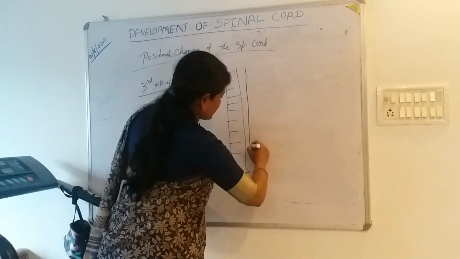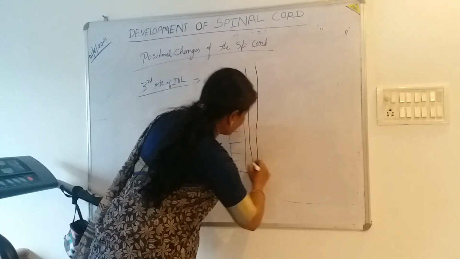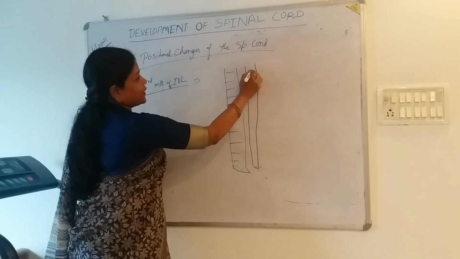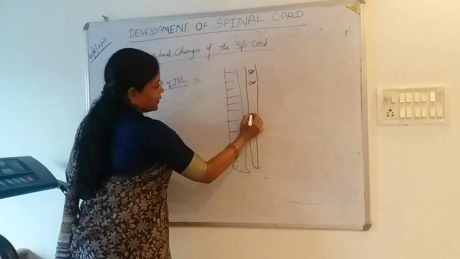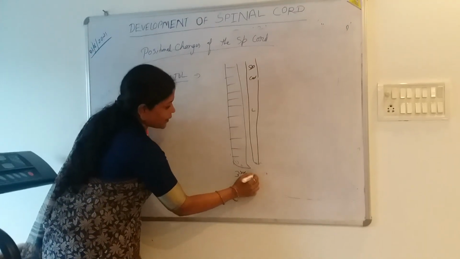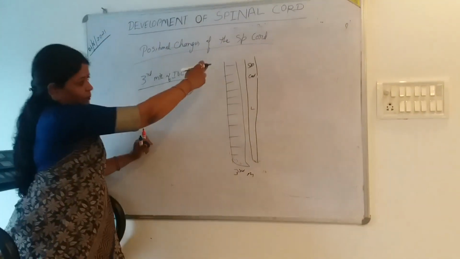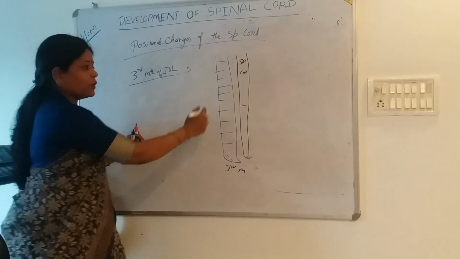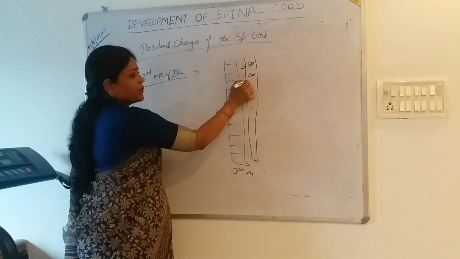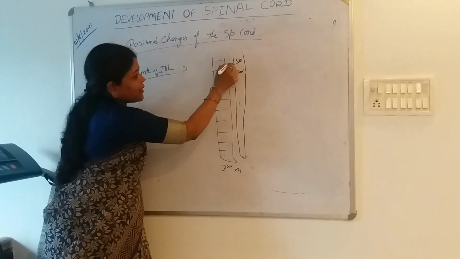In the third month, the length of the spinal cord is the total length of the vertebral canal. So the spinal nerves which will emerge from this spinal cord will pass through the adjacent foramen,